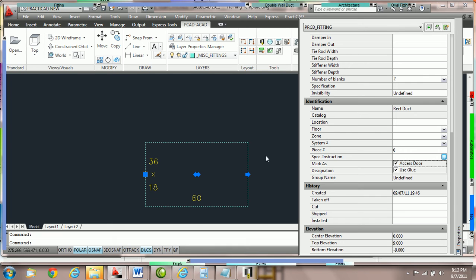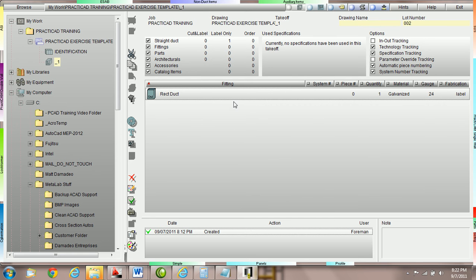The main reason for special instructions, as well as floor, zone, and system number, is the identification properties can appear on the labels when you download to PractiCAD. You can see here we have ductwork piece number 0. If we go over to PractiCAD, we can see here that we've got the rectangular duct downloaded with piece number